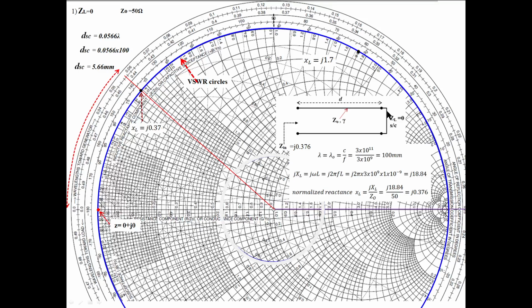So that is a shorted stub. A shorted stub can be used for implementing an inductor or a capacitor of any value. If it is a capacitor, we will be getting negative reactance values. If it is an inductor, usually we will be getting positive reactance values. So based on inductor or capacitor, the length of the line will be different. You have to find that length from the Smith chart. You can do it easily.